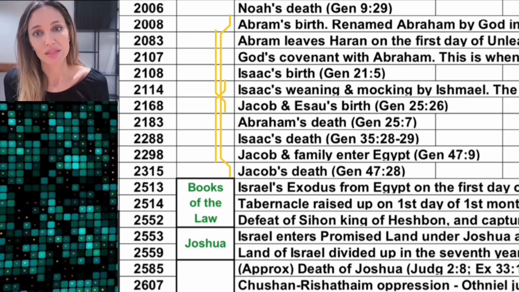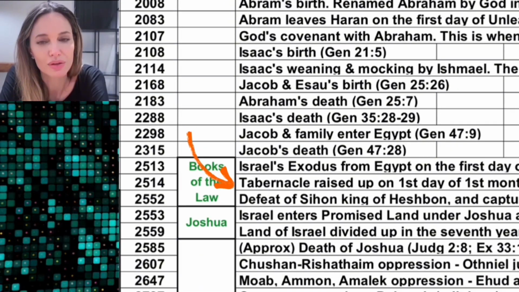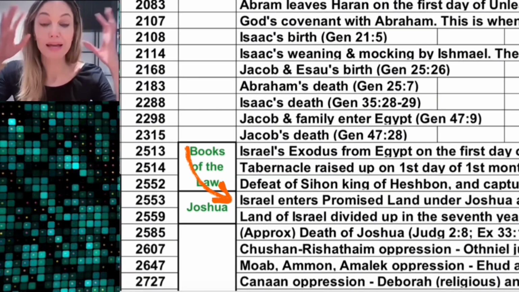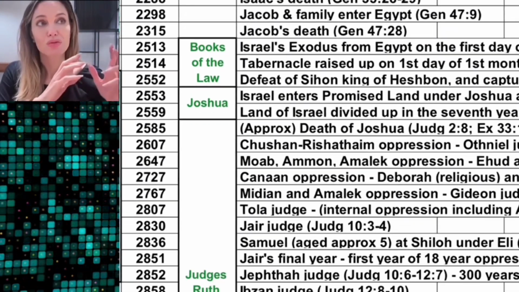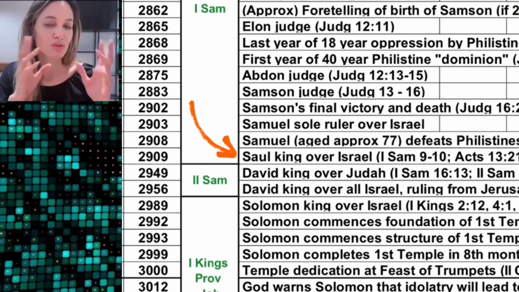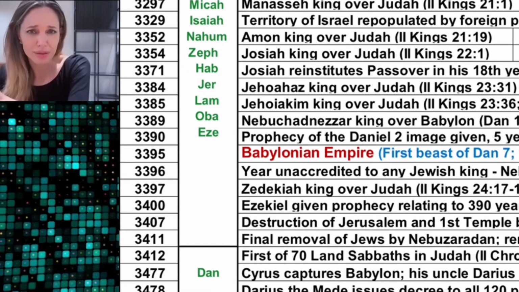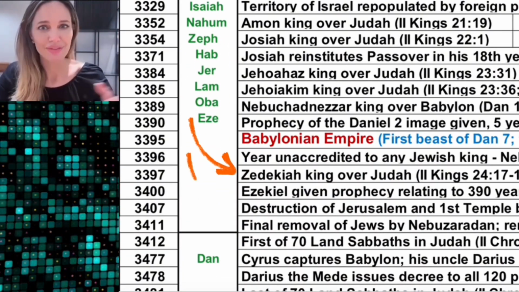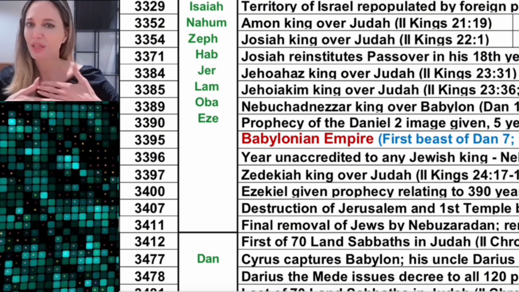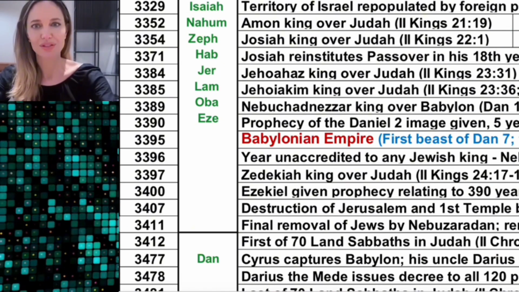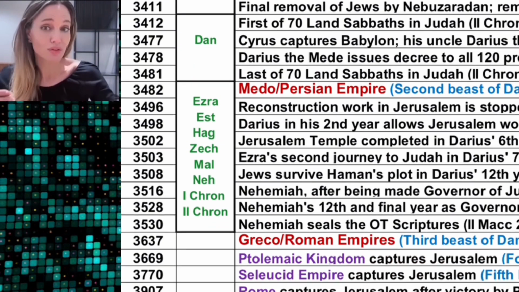So after Abraham, Isaac, and Jacob, we get to the Exodus out of Egypt. Then a hop, skip, and a jump to the Promised Land. From there, you're into the time of the Judges, which then gets us to Saul, the first king of Israel. It is then 499 years to Zedekiah, the last king of Judah, and the destruction of the temple by King Nebuchadnezzar of Babylon. Then we're into the exile to Babylon, and after 70 years of captivity, Cyrus, king of Persia, captures Babylon, which occurs in